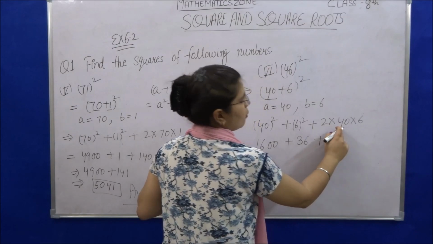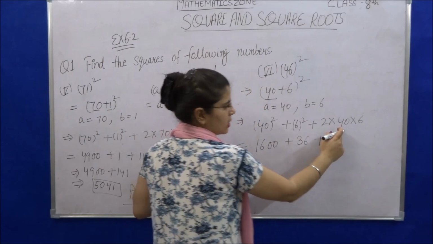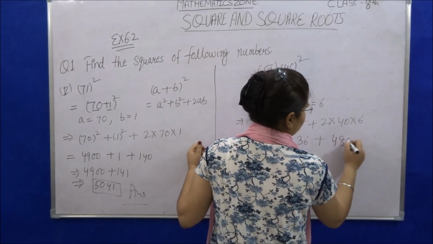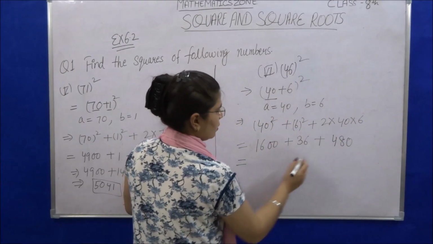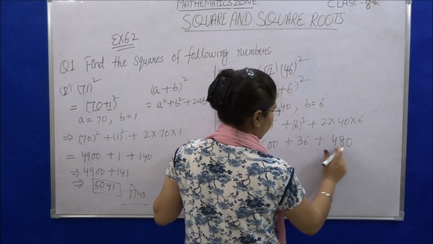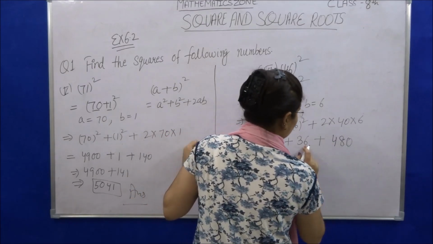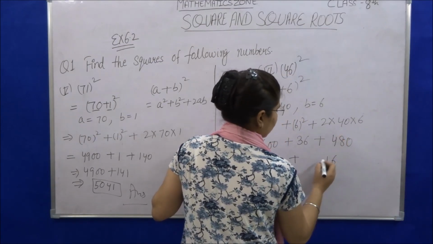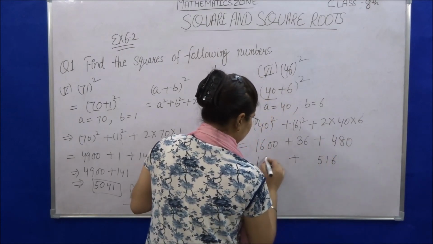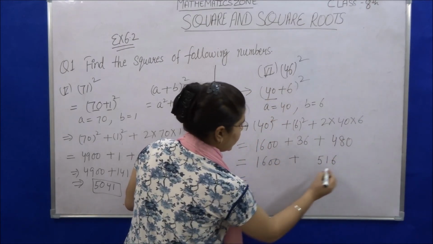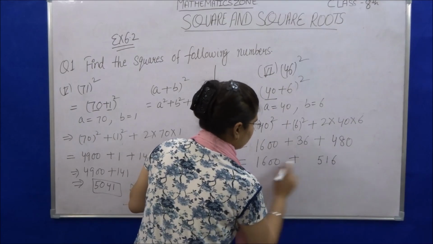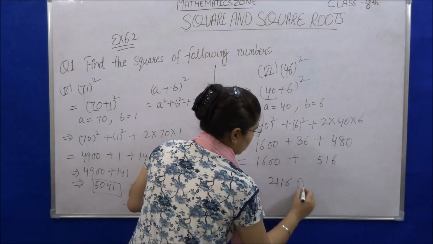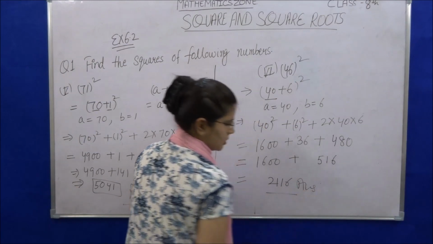and 2 multiplied by 40, 2 multiplied by 4 will be 8, 8 into 6, 48, with 1, 0 and again 36 plus 80. So 6, 0, 6, 8 plus 3, 11, 1 carry, 4 plus 1, 5, 1600. Now after adding 6 plus 0 will be 6, 1 plus 0 will be 1, 5 plus 6, 11, 1 carry, 2. So this is our answer.